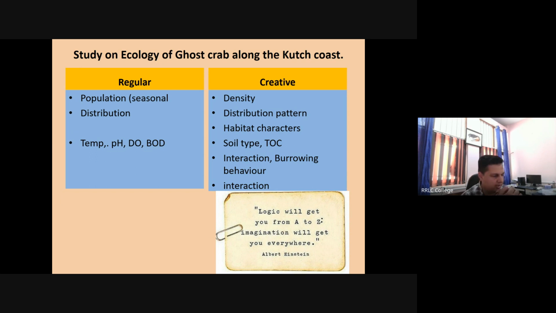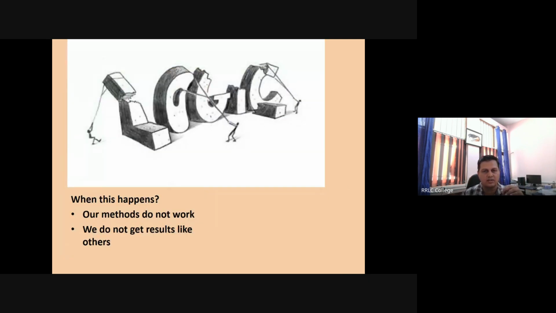You all might be knowing Albert Einstein. What he said, if you see, logic will get you from A to Z, but imagination can take you anywhere. You can imagine lot of things and try to work on lot of things, but it should be logical.